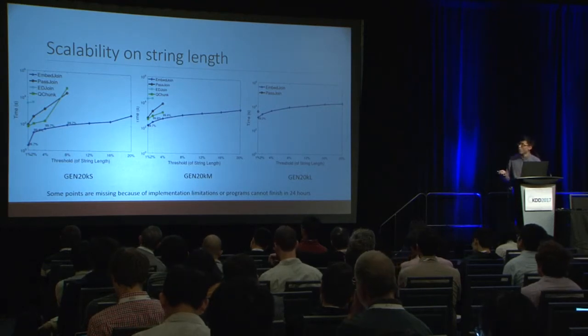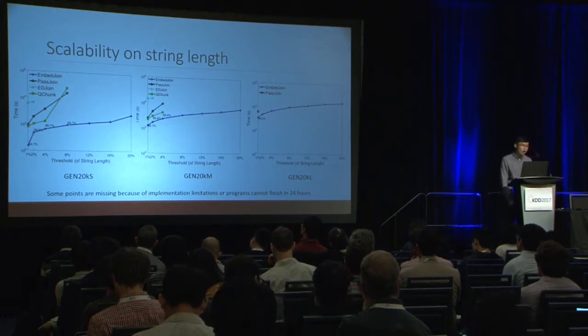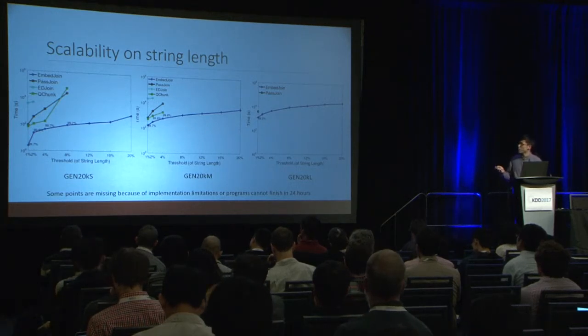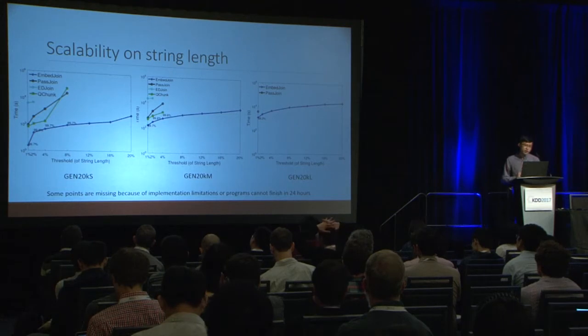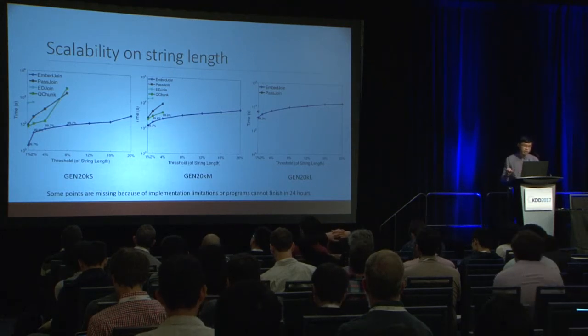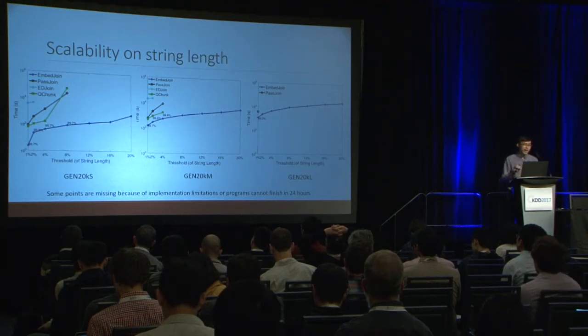As we can see, our algorithm always outperforms the other algorithms, and only when the threshold is large, only our algorithm could finish. In the largest data set, only PassJoin produced 1 point, and we can finish all of them. Some points are missing here because of implementation limitations, or because programs cannot finish in 24 hours. Since we get all the programs from the authors' web pages, there are some limitations, including reporting erroneous